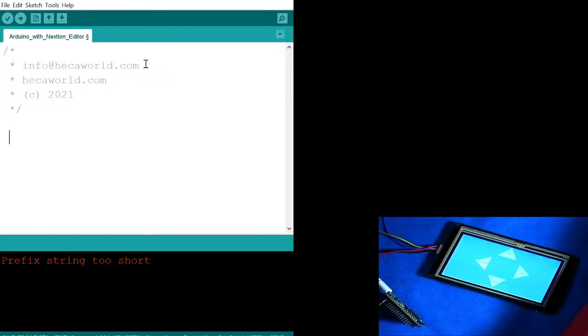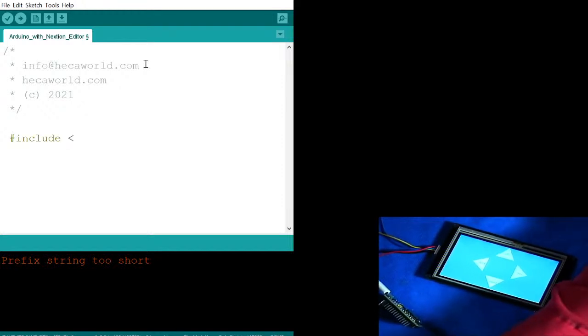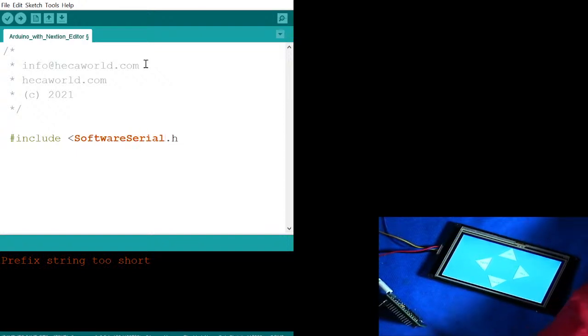All right, so here we're gonna include some things. So include, I think we need SoftwareSerial.h. You're gonna include, we're using ESP as Arduino, so if you're using a different Arduino board, then make sure that you include the right board. And this one is the Wi-Fi series, right? So, and then we're gonna include, and this is the important one, the library that we need is from the Nextion